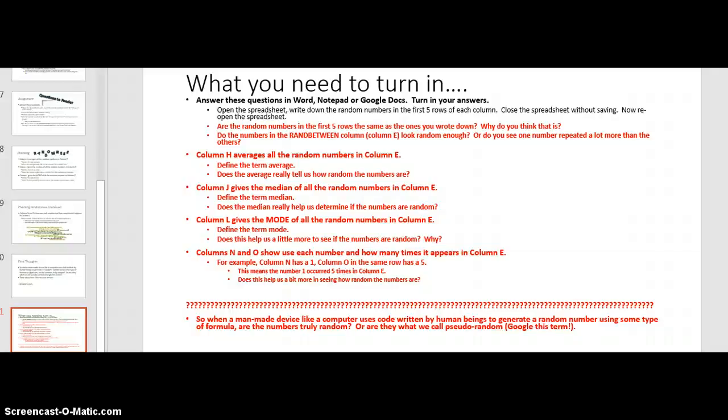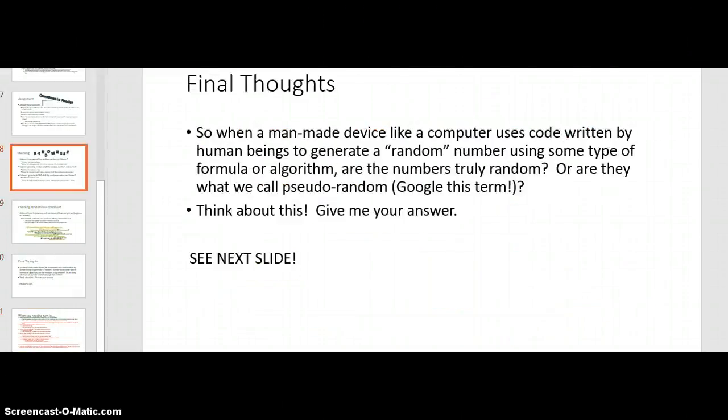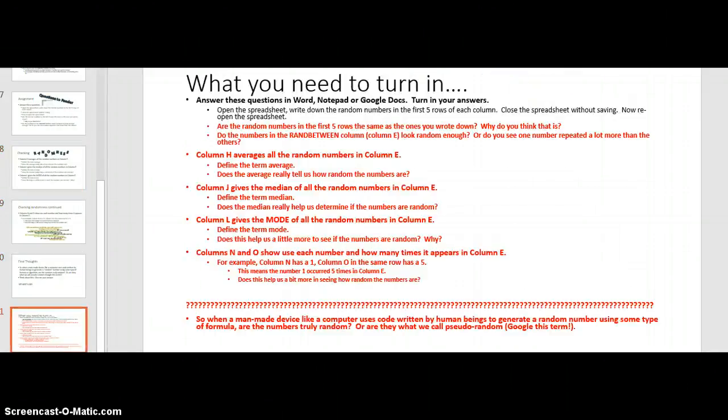So I was cut off on the last video, but the bottom line is that the last slide, all the questions that are asked on these various other slides, I consolidated into one slide, and here is exactly what you need to answer on the document that you turn in, whether you turn in a Google Doc, a Word doc, a Notepad doc, or you type the answers directly into the Dropbox text box window, or if you email me the answers, whatever. These are the specific questions you need to answer, and they are referenced on these other slides. But the bottom line is come here, and so the question is,